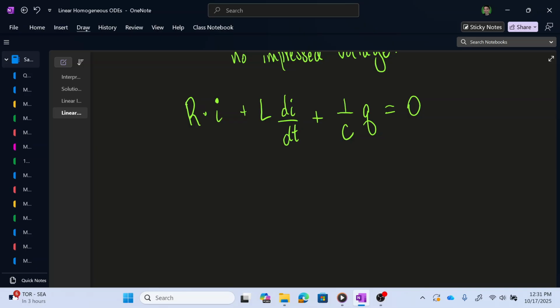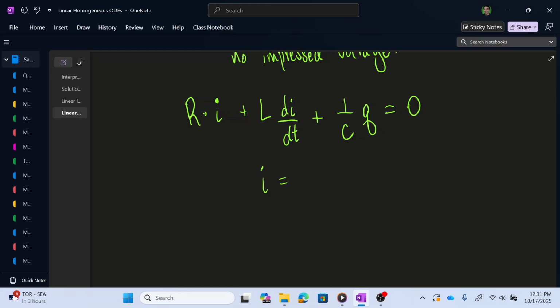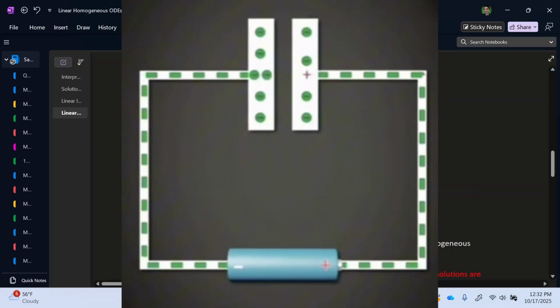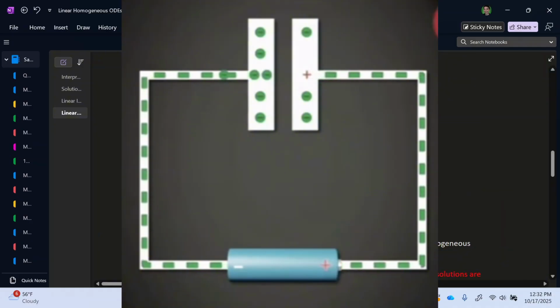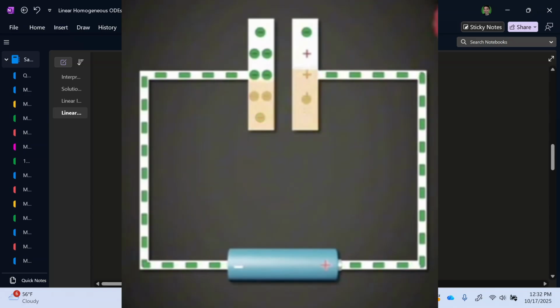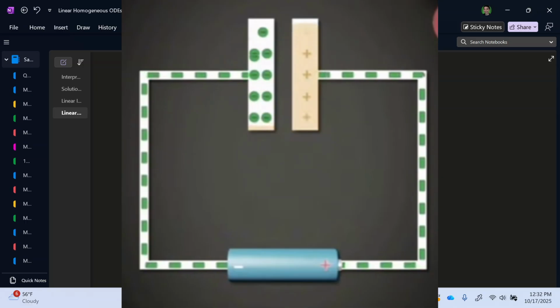However, you can rewrite this differential equation in a more standard format by remembering a relationship between the charge and the current, which is that the current is an exact match to the rate of change of the charge over time. The way I like to think about it, as someone who's not a professional in this field, is that the electrons running through the circuit are just getting stuck on one side of the capacitor, and so the electrons that are flowing through the current are directly related to how the charge on the capacitor plates changes and rises over time.